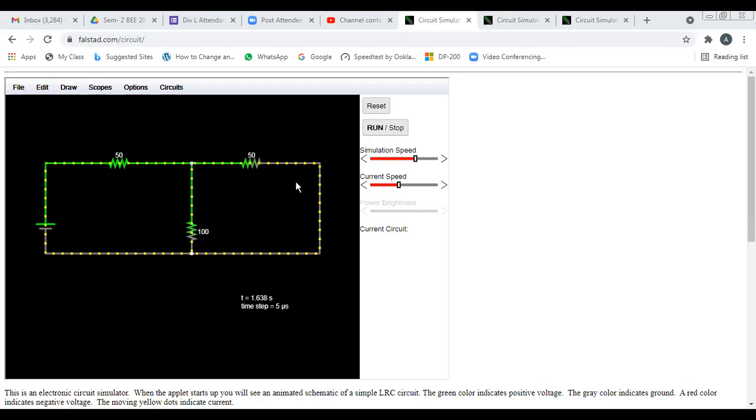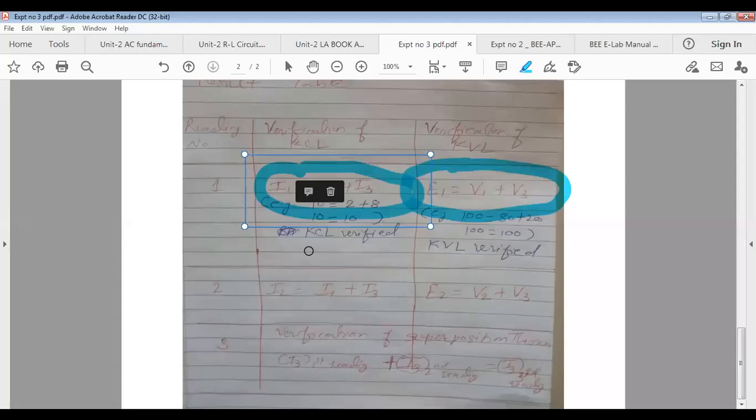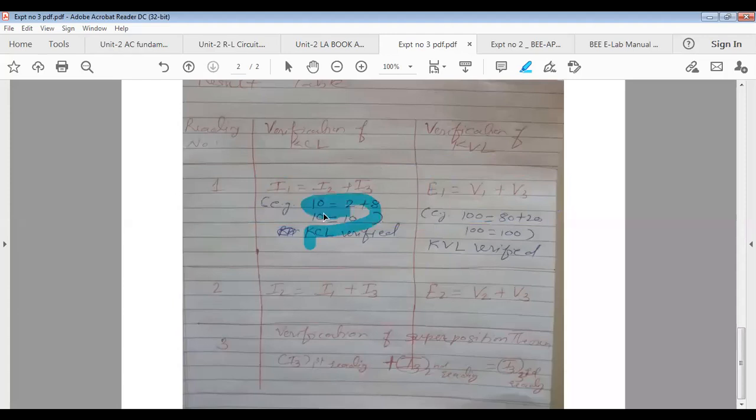So put here values in that equation. What you have to do? Here you will be putting the values. Here random I have given. Right now we got the values from circuit. What we got? I1 240 milliampere, isn't it? And what we got, this one 160 plus 80. So we will get 240 is equals to 240 milliampere. So RHS is equals to LHS. Then say KCL is verified, isn't it?